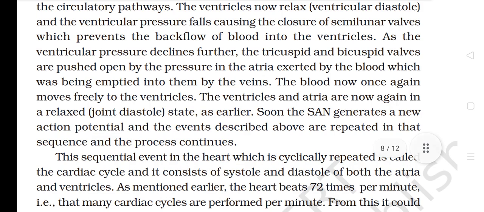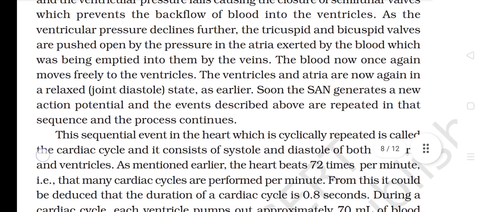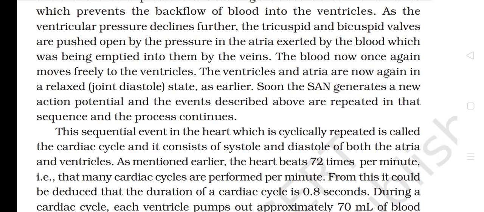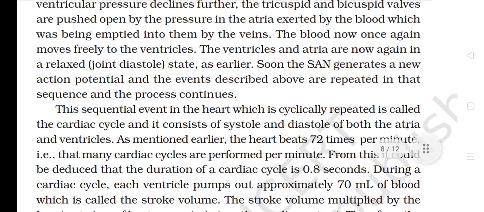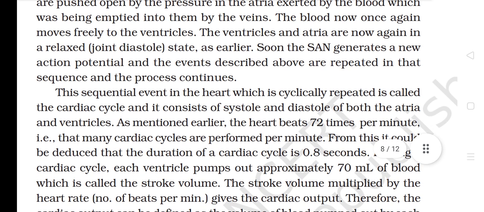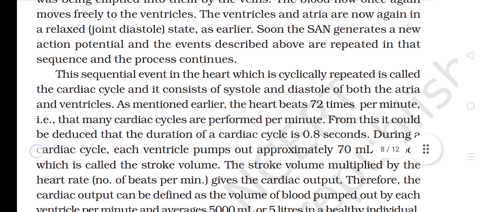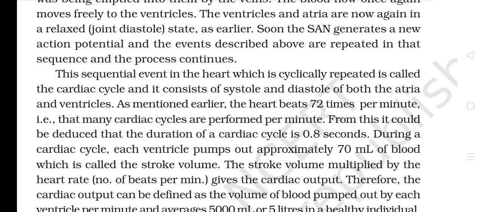As the ventricular pressure declines further, the tricuspid and bicuspid valves are pushed open by the pressure in the atria exerted by the blood which was being emptied into them by the veins. The blood now once again moves freely to the ventricles. The ventricles and atria are now again in a relaxed joint diastole state as earlier. Soon the SAN generates a new action potential and the events described above are repeated in that sequence and the